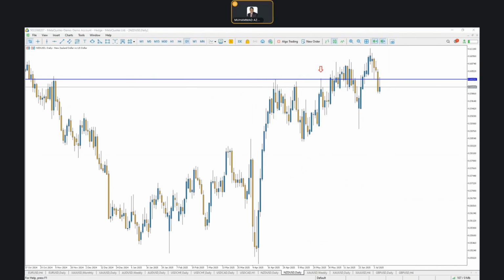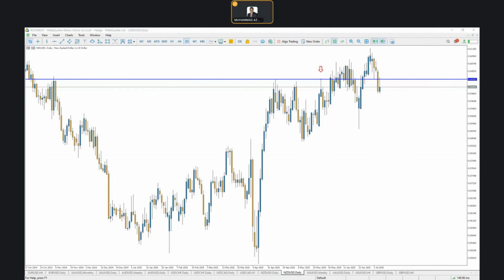So the overall analysis is the July 9th OCR decision will be pivotal for shaping expectations around the Reserve Bank of New Zealand's policy trajectory in the second half of 2025. While a hold at 3.25% is priced in, any deviation or shift in tone could drive volatility in NZD USD. Forex traders will dissect the accompanying statements for clues about inflation trends, growth risk, and the central bank's tolerance for maintaining restrictive policy.